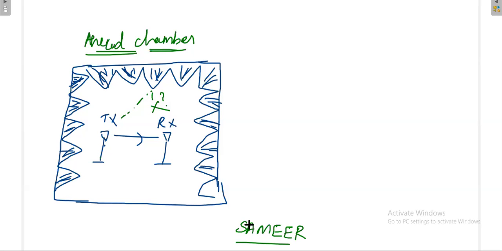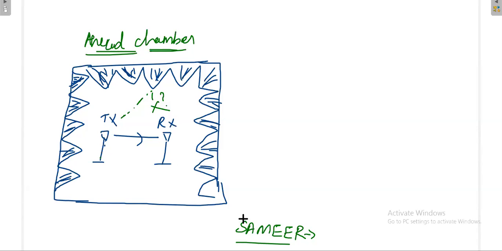Because it will avoid the reflection, the echoes. That will absorb your voice signal also. It will avoid echoes also. So if you ever get a chance to go, try to go to Samir. This is a government organization, a central government company. What is the main job of these companies?